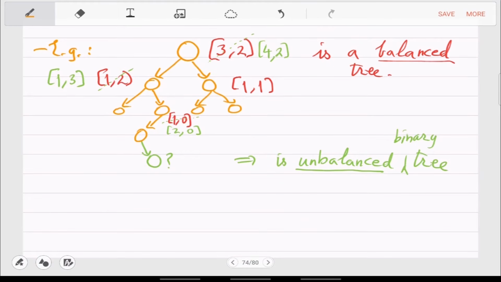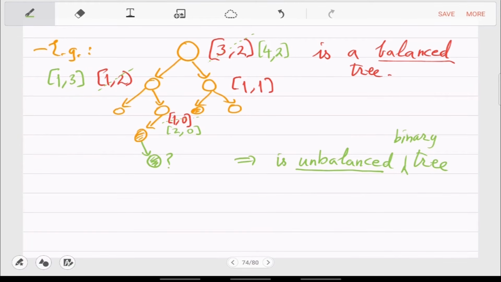So that comes down to this. Okay, so that's 3, and on the right side you can consider this. So that is distance 2. So 3, 2, so which is fine. And you can see that everything was fine in the orange tree, but when you add, so orange tree is balanced, but when you add this green node, then it creates a problem.